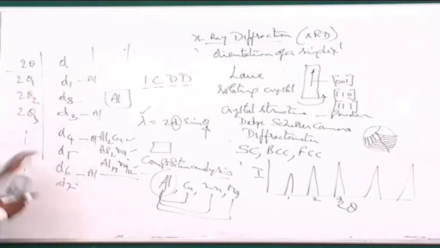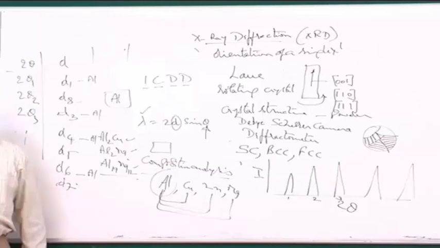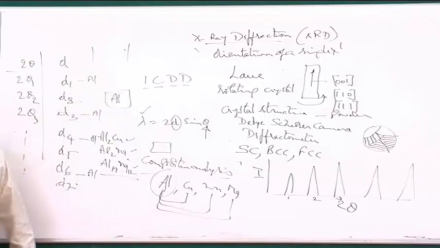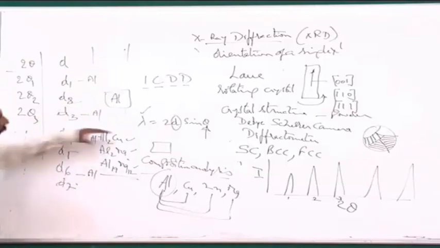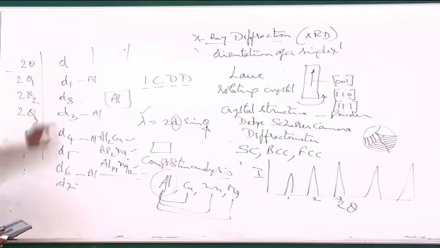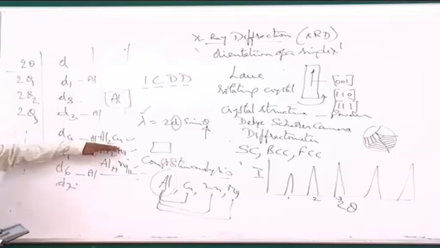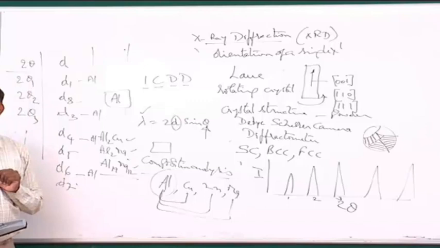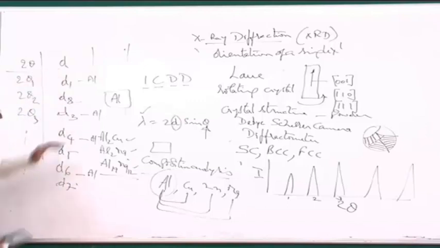Now once I find that out, I will see what are all the things that are left out, and the left out peaks must be belonging to any of these compounds. And now I start looking, one by one, at the compounds, and compare these left out ones. It is also possible sometimes that a certain HKL plane of one of these compounds may be overlapping with d1, d3, d4 and d6, which have been already identified as aluminum. So you have to again look at whether there are any overlapping peaks, and that is how you start identifying the remaining peaks.